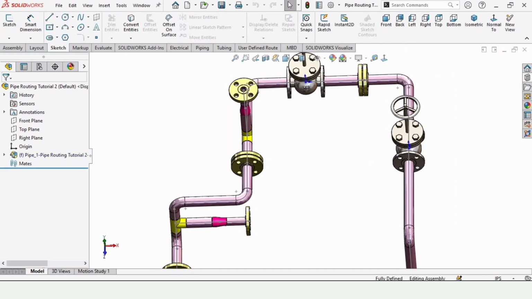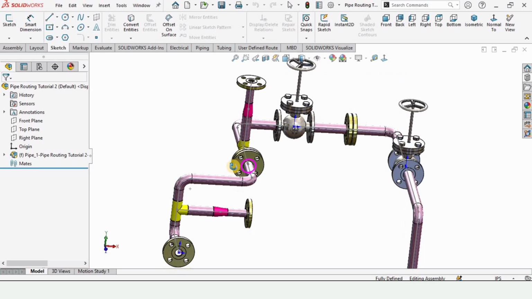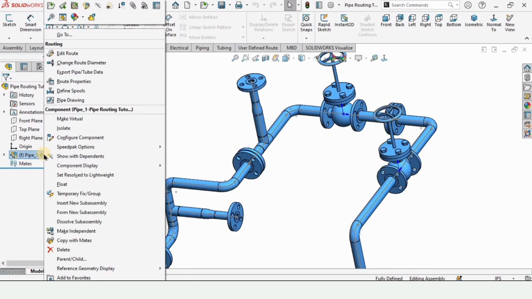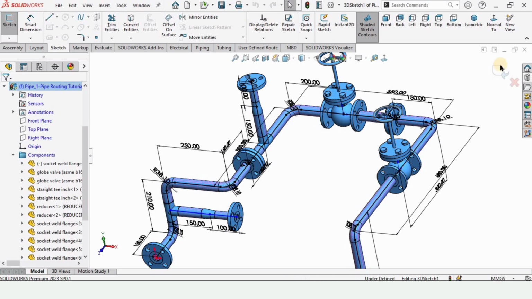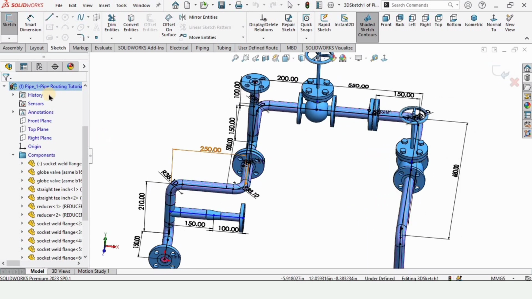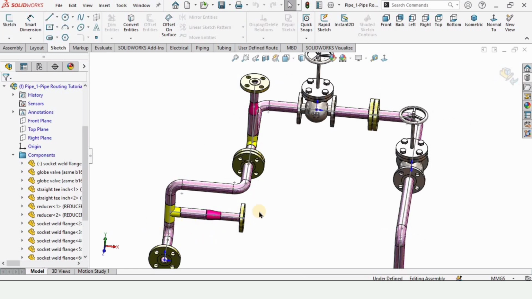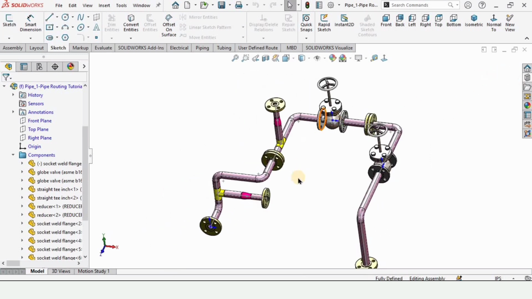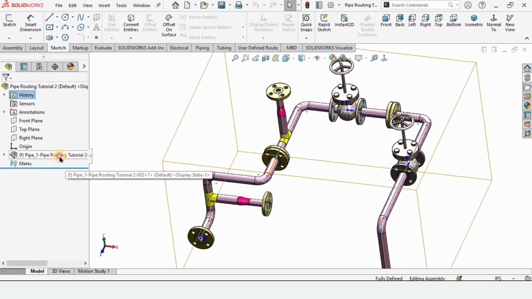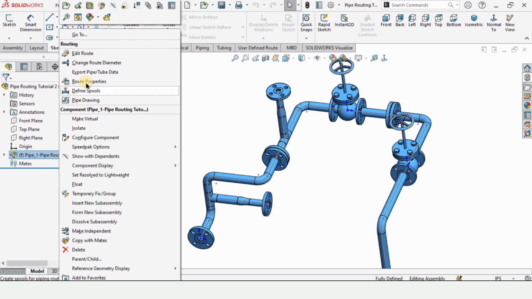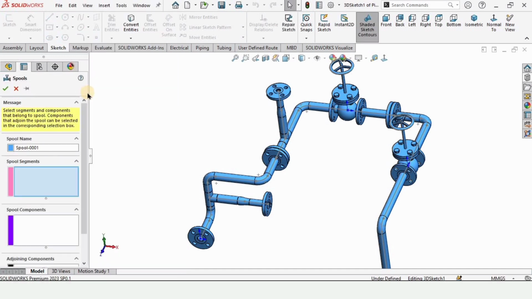Okay, let me exit it from here, and let's suppose if you want to make some changes in the sketch, so you can select this option and you will be back into the sketch again. So exit the sketch from here and exit editing the part from here as well. Now right click here and here select define spools,